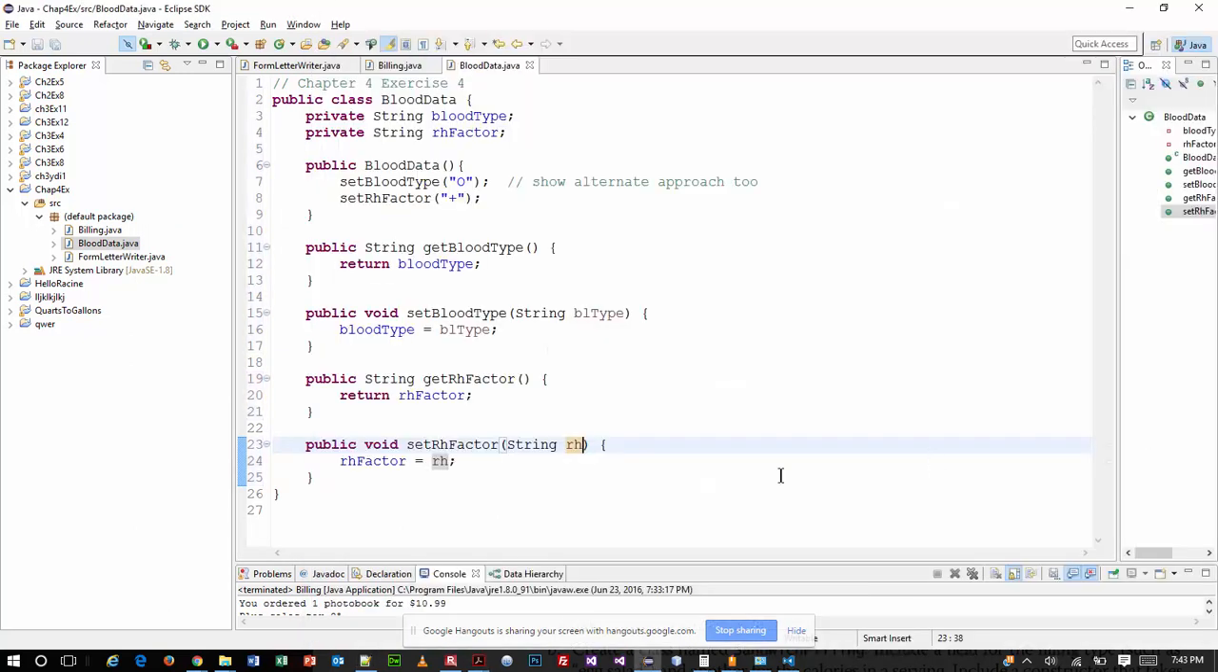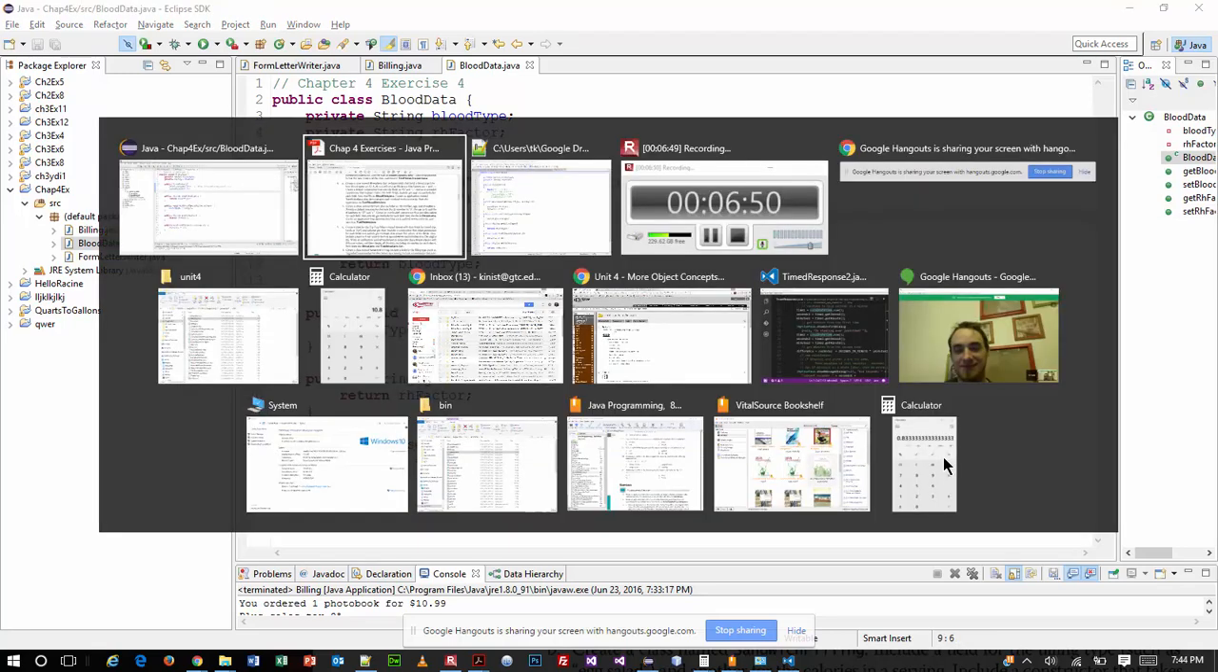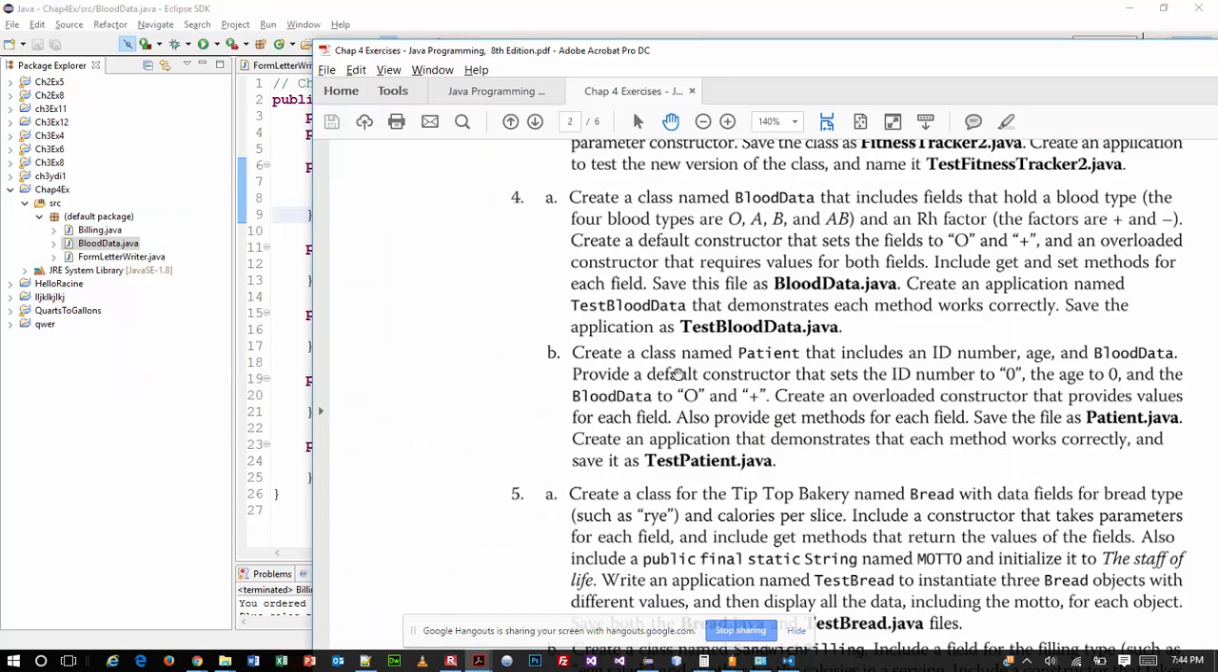But now I want to show you that alternate approach. Because it doesn't tell us to do this, at least not in this part of the assignment. And what I'm doing now, okay, that's in the next part, and that's why I'm, all right, so it says create a class named patient that includes the ID number, age, and blood data. So this is a separate class file. All right, and this is going to lead me to my other